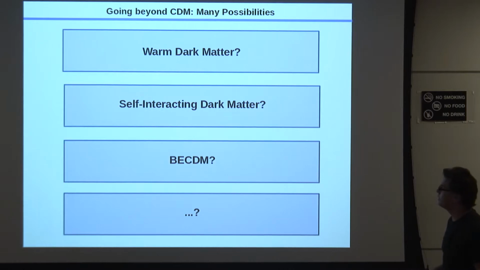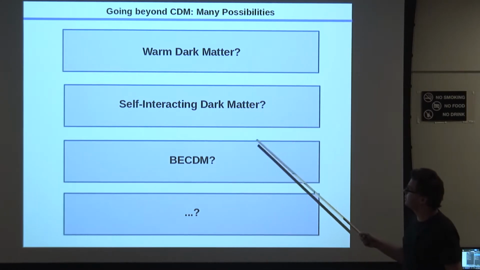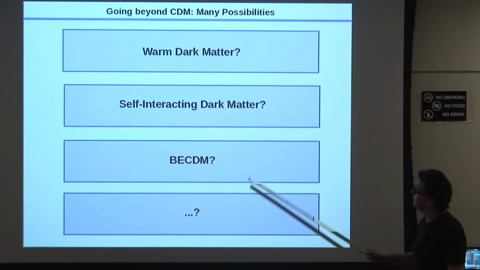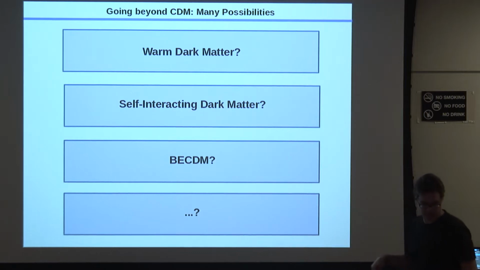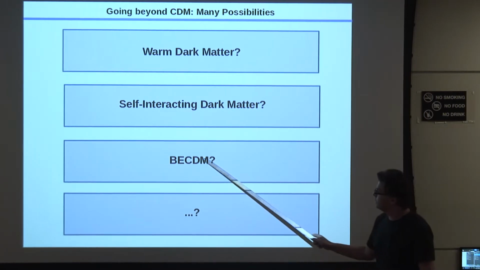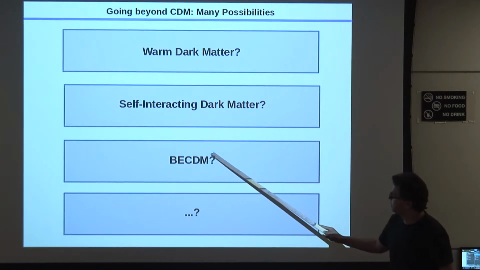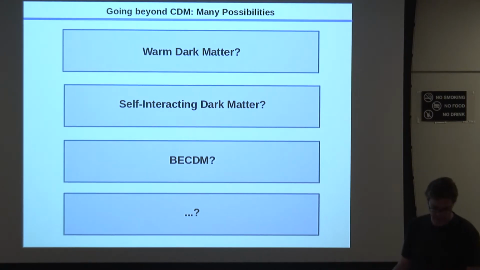Okay, so there are, as I said, a couple of alternatives. Warm dark matter has always been kind of popular, but it has pretty tight constraints now on the mass. Then self-interacting dark matter became more popular over the last couple of years. And very recently, there's this BCDM, or also fuzzy dark matter, which was discussed in a paper, I think a year ago, by Scott Romain, Ed Witten, and various other people who argue that actually the dark matter is not a neutralino or WIMP or anything like that, but it's rather an ultralight axion, a very light axion, such that